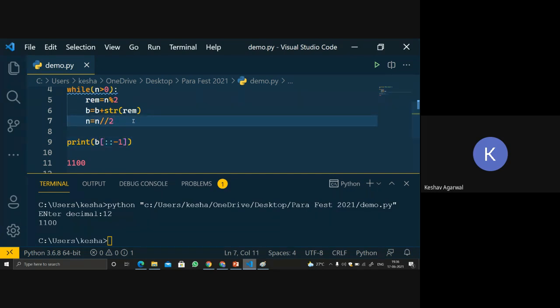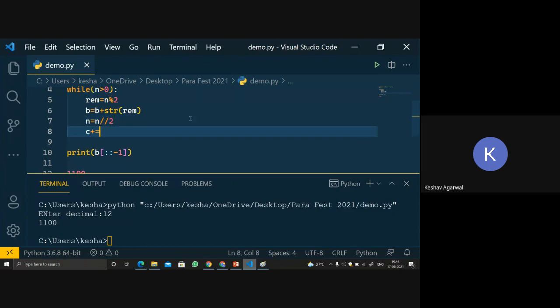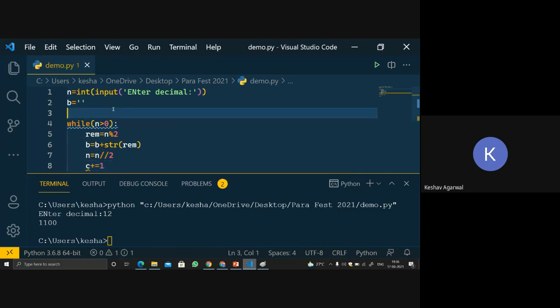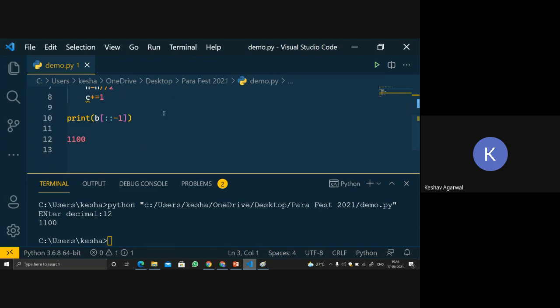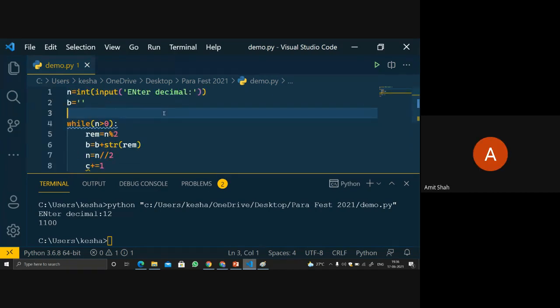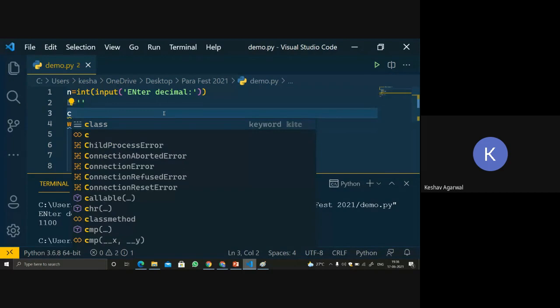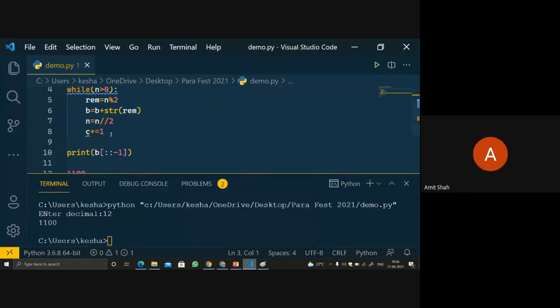Is it? No, I got what you're trying to say. So let's do one thing. We will put a counter over here. But then again, you have to check the length of the string only. So it is getting lengthy, na? There's a normal solution for that.